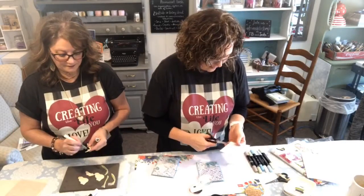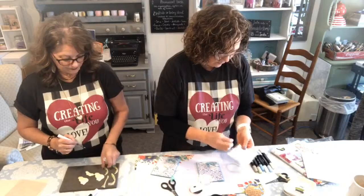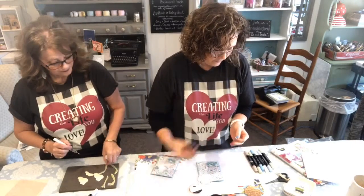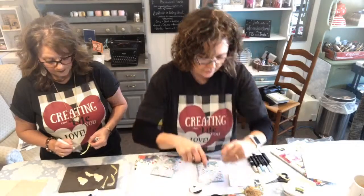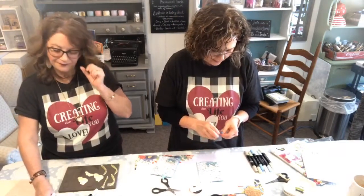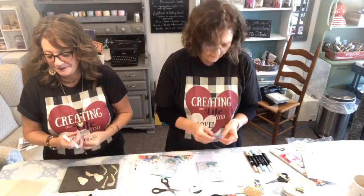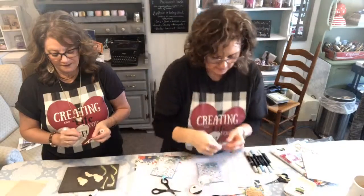So then I just took my dimensionals and sliced them so that they were real tiny. I'm sure you guys do this all the time. It's not like it's something new. And you could also use glue dots, but I just used the,